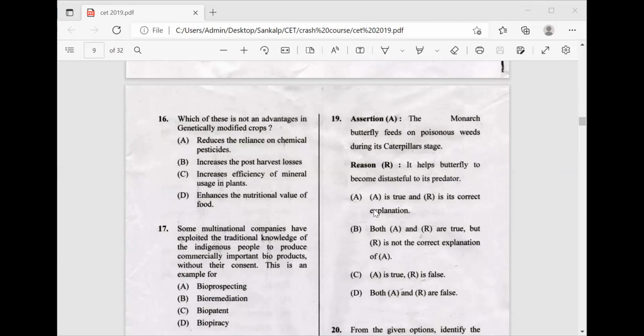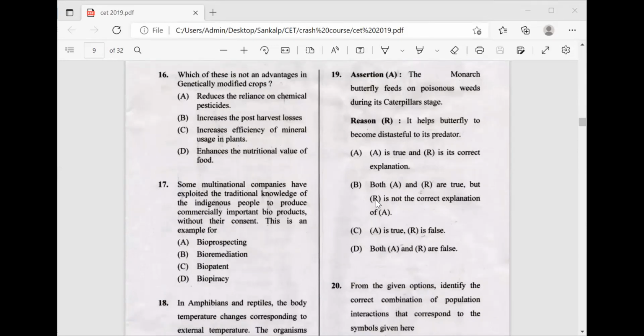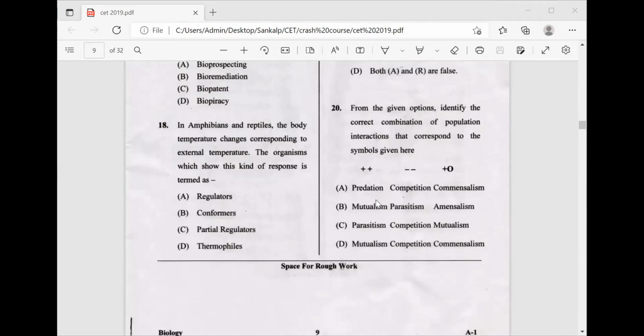Okay. So the right answer for 19th question is option A. That is, A is true, but R is its correct explanation. Option A is the right answer. Then,